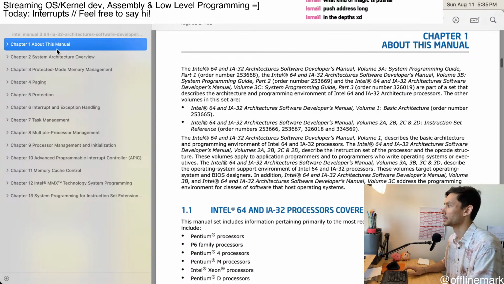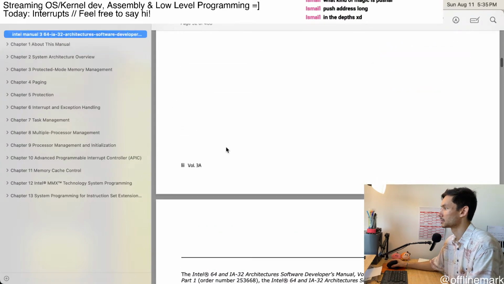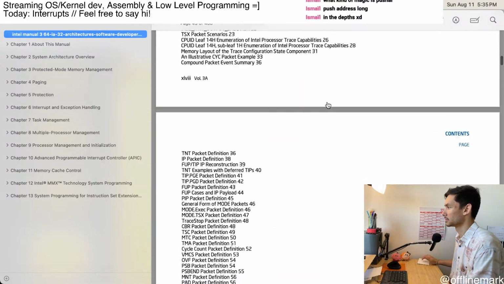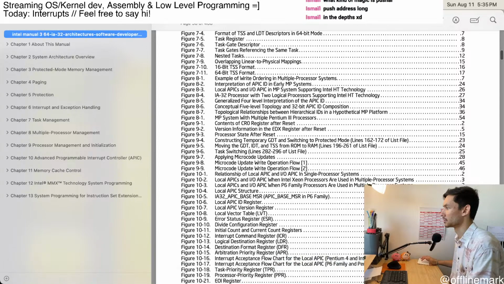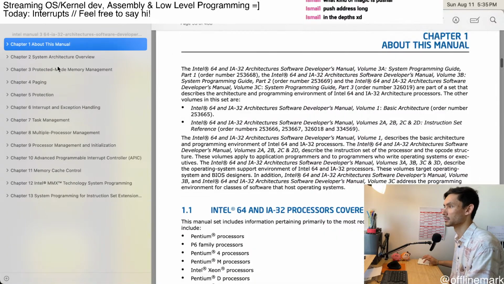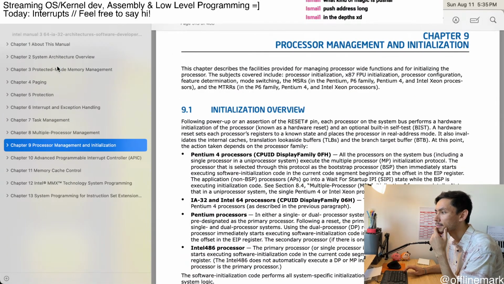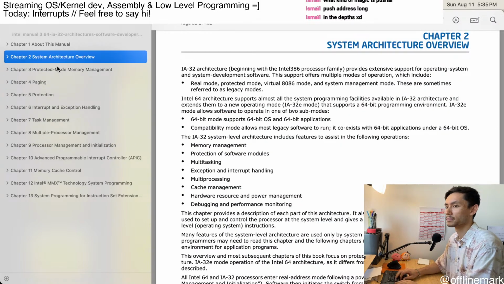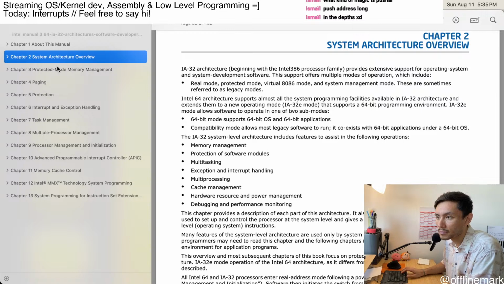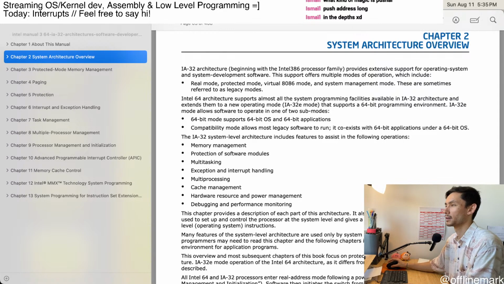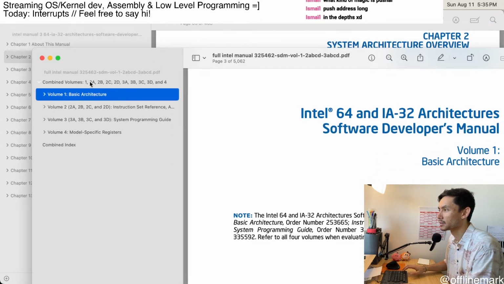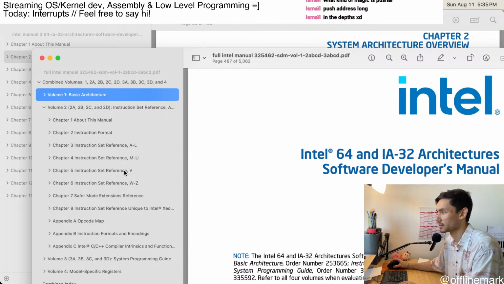Oh, what is this only? Do I not have the general? Wow, why is this so long? I'm not seeing the section of the manual I was looking for, actually. I think maybe this is the one. Yeah, instructions I reference. Trying to get the